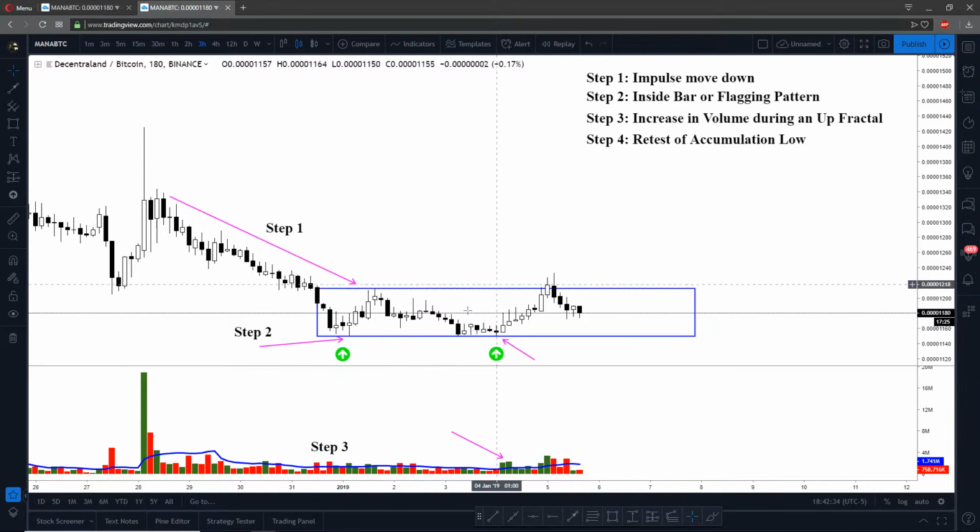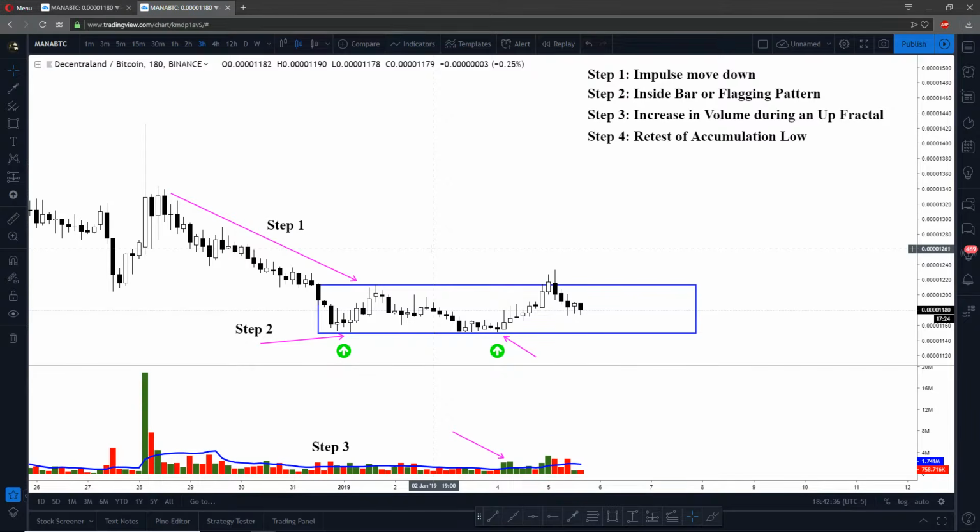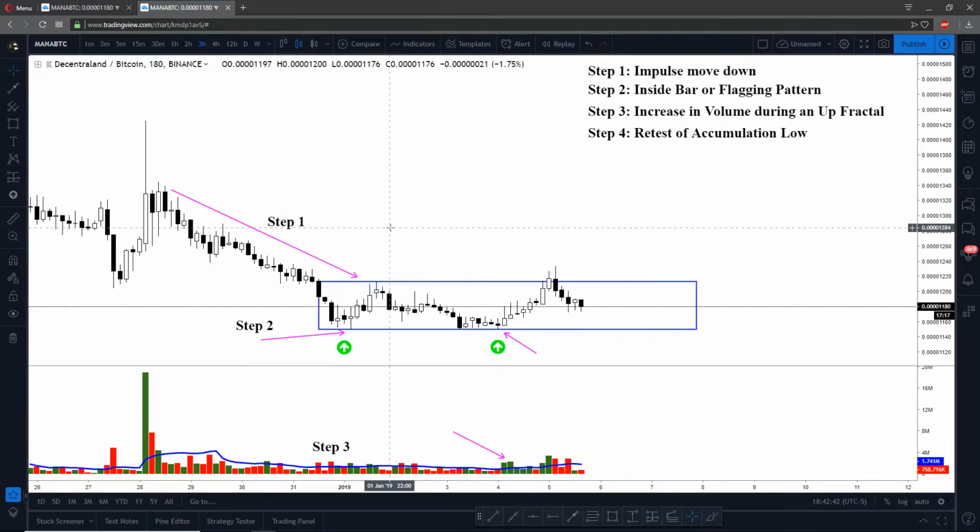So this is an easy setup to look for when you see consolidation or when you see an impulse move down. You want to see the impulse move down as step 1, inside bars, volume increasing with up fractals. You want to see a low being put in. So if, for example, this low,